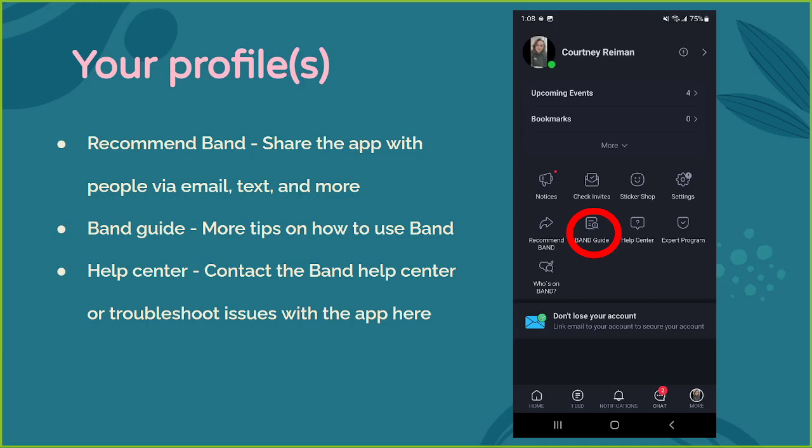But if that is still not working for you, oh, you know what? I was talking about the wrong thing. So all of that, I meant to say that for the Help Center. If you have questions about how to do something, go to the Help Center. That's the next one. Band Guide